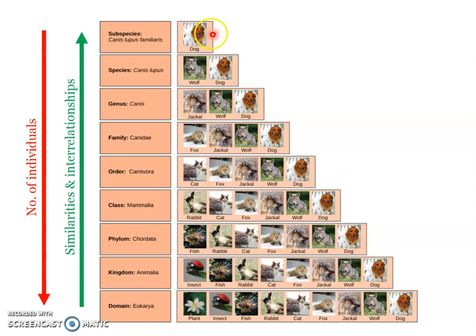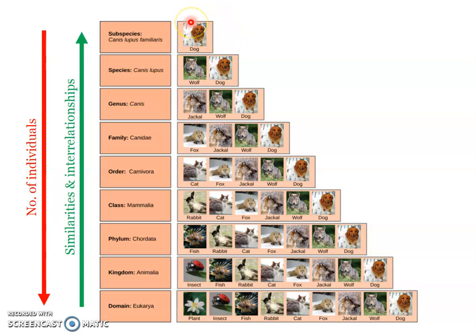group we formed, the dog. Okay, the members of the group showed striking similarity among themselves. They had more number of similarities. Okay, more number of similarities increases. That is what is shown here. So more similarities, or more number of characters in common, can be seen among the members of the smallest